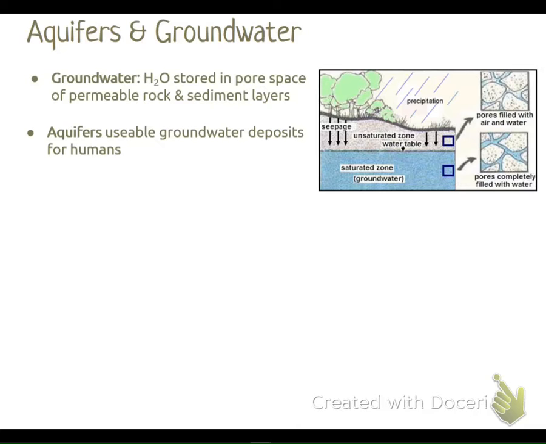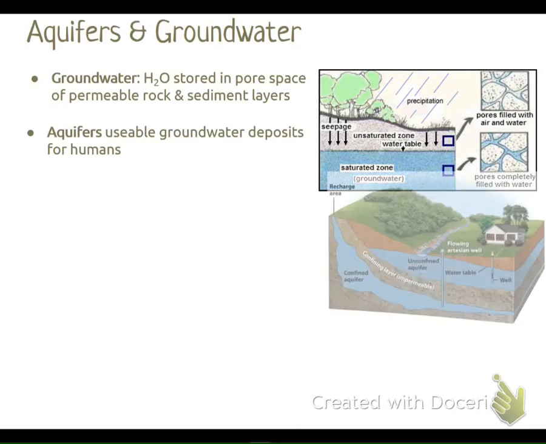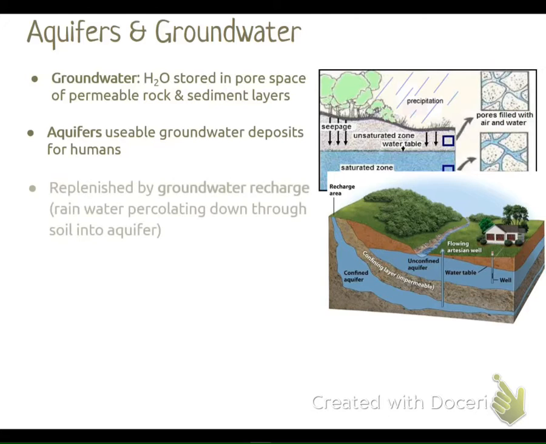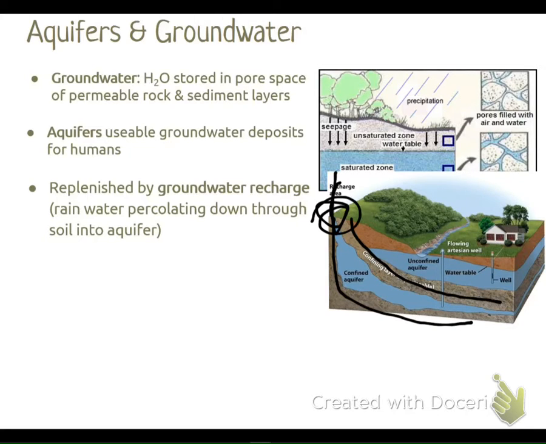They've been used for hundreds and thousands of years because it's water that's always there. Now, with this, there are ways to replenish. The water is replenished up at the recharge zone, and so we've got the solid rock here. But you've got an area up here where the water is able to go in, and it percolates down. Now, we can get the water up if we drill holes into it where we